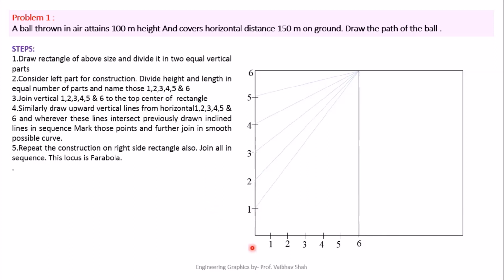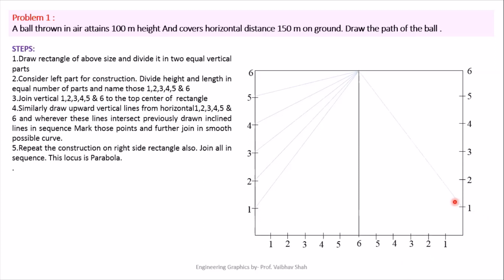After that, we'll be drawing a similar procedure on the right hand side. So we have to divide this vertical line into the same equal number of 6 parts. So 1, 2, 3, 4, 5 and 6. Similarly, we have to divide this horizontal line into 6 parts like this. So this is your 6 parts. But remember that your parts will start from this corner point as a 0, and you have to give numbering like this 1, 2, 3, 4, 5 and 6, and from this corner point 0, 1, 2, 3, 4, 5 and 6. After that, we'll be following a similar procedure.